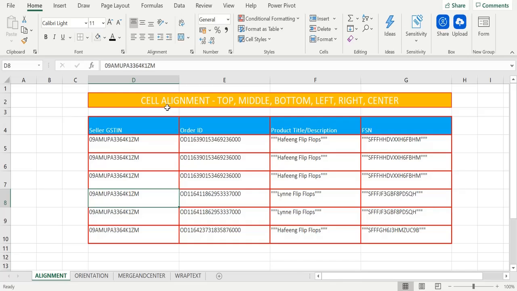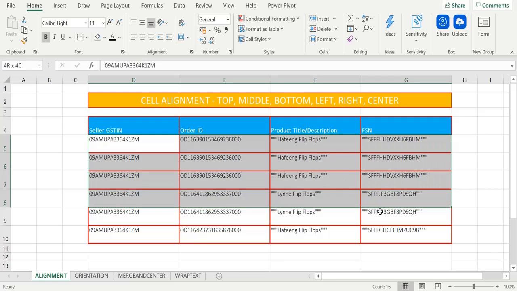When we say alignment, there are different kinds of alignments available in an Excel sheet: top alignment, middle alignment, bottom alignment, left alignment, right alignment, and center alignment. Let's see each of these options one by one. Suppose this is the data we have, and you can see that the header row has the text alignment as bottom. Text is aligned with the bottom of the cell, and the rest of the data is aligned to the top